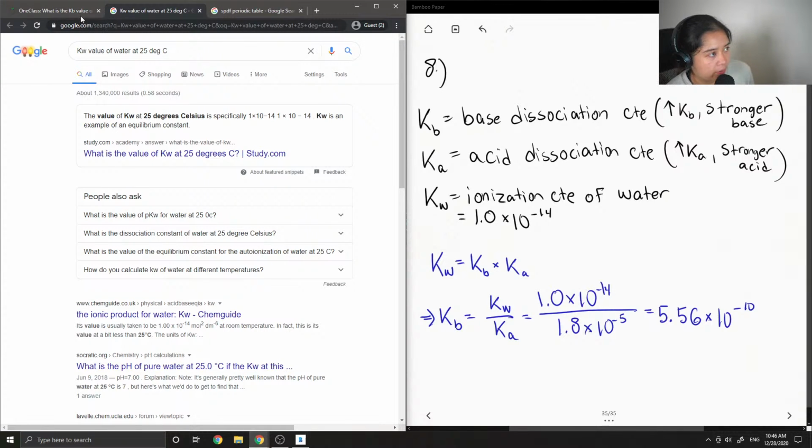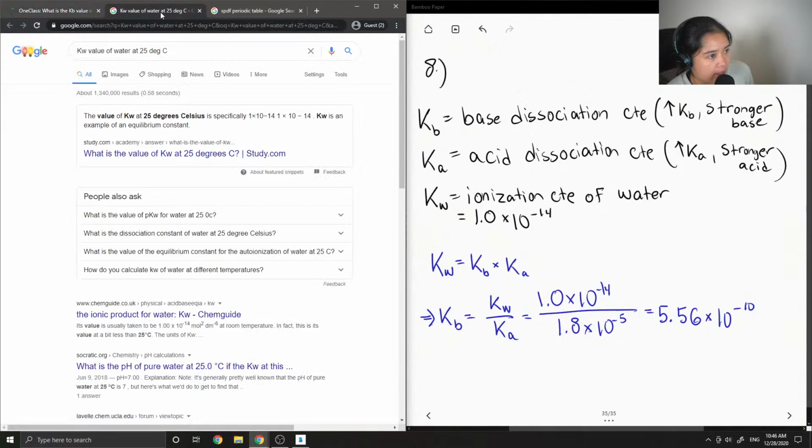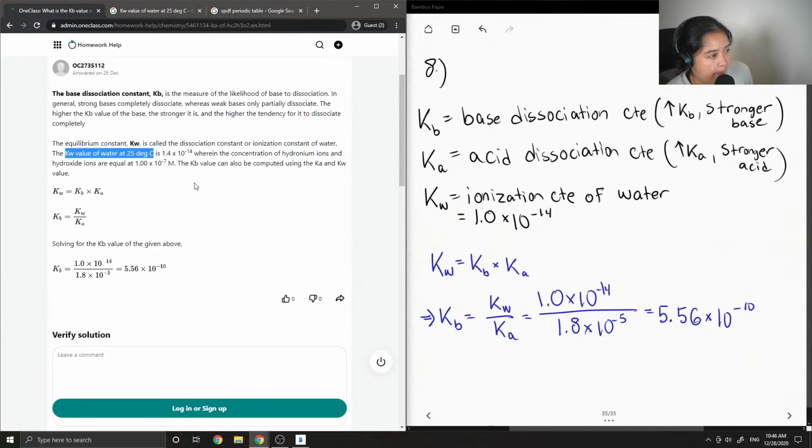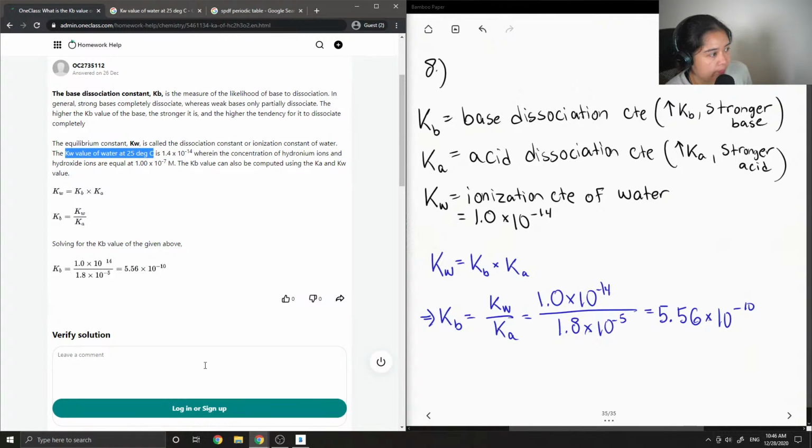Yeah, so it should be 1.0 times 10 to the negative 14, sorry. Yep, so this solution is correct. I'll just fix typos that are shown here. And for the Kb expression,